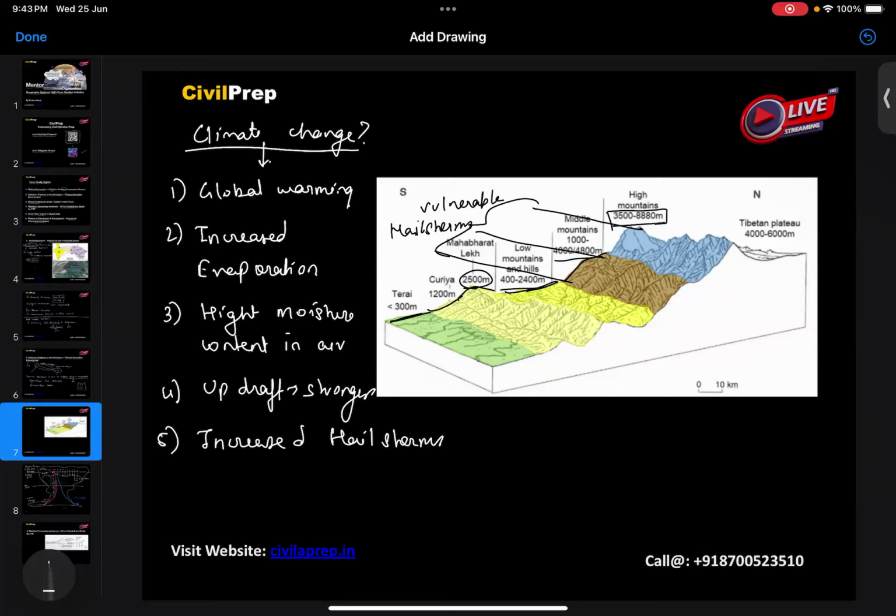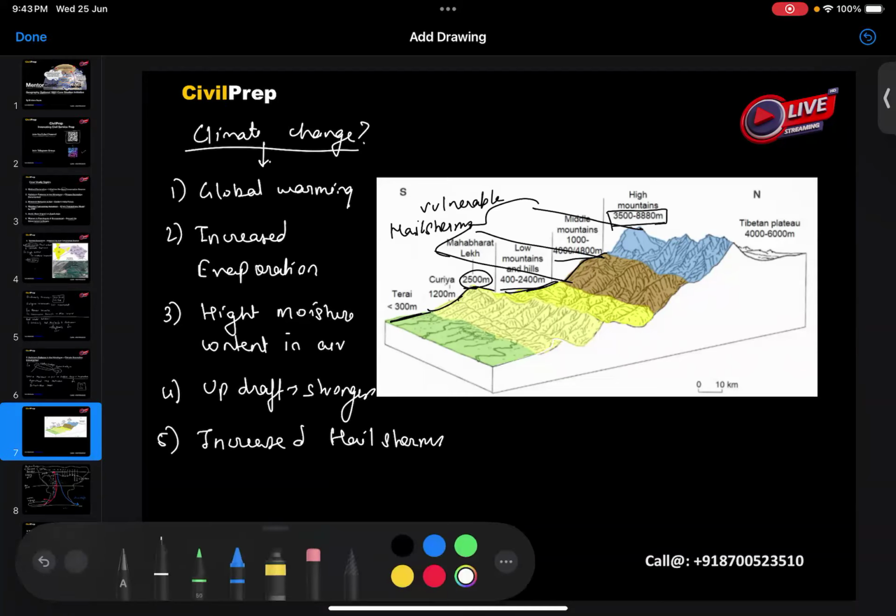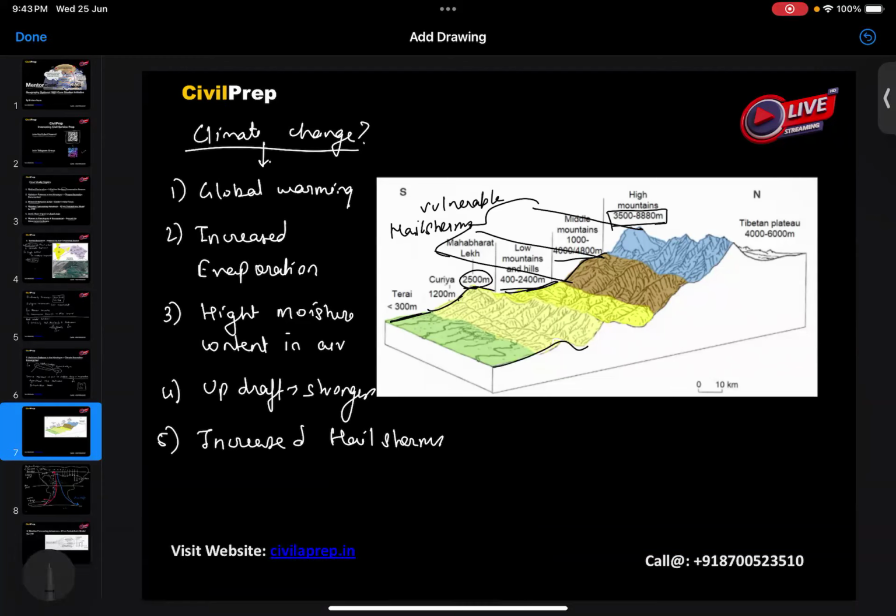Okay, so here we can also look at this altitudinal variation. This altitudinal variation is explained very well in the altitudinal zonation model, which is provided by Humboldt. Okay, Humboldt has provided this model here. Now, when we look at the real world solutions,